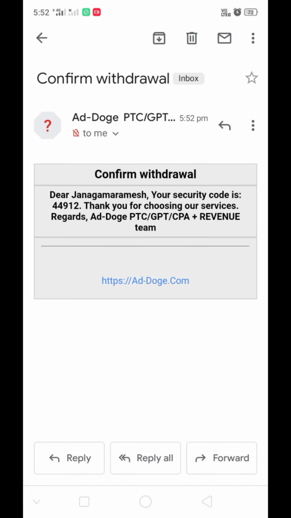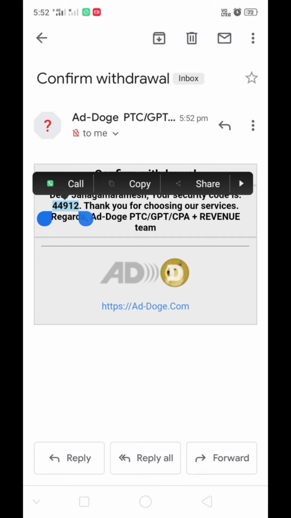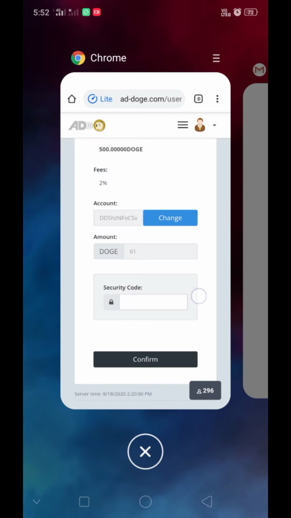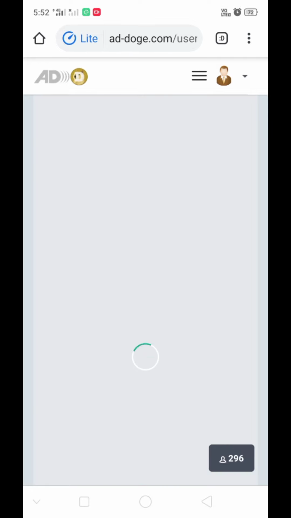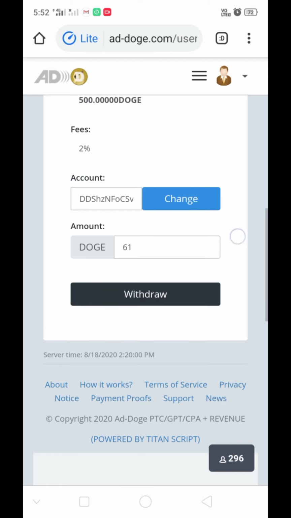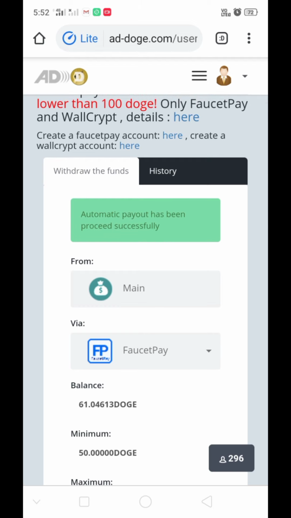Now copy the security code, go to the site, paste here and click on confirm. Now our withdrawal request is a success. See there, the automatic payout has been processed successfully.